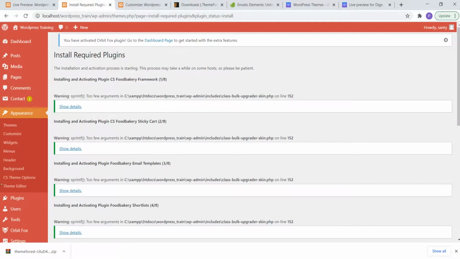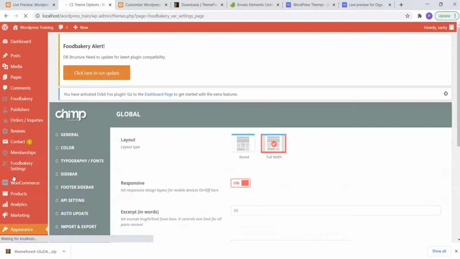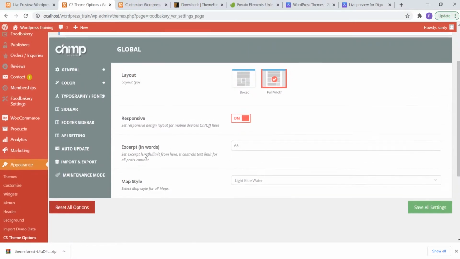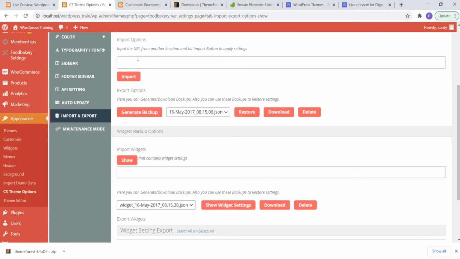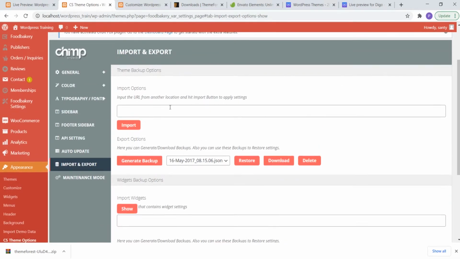And if you go to your theme options, like CS theme options and all, you'll get an importer option over there. So you can directly import the demo data from there, and you can start editing your own content, or you can start making your own changes. So you see the import and export option, you can directly import them. So this is how you'll upload a theme and get started working on it.